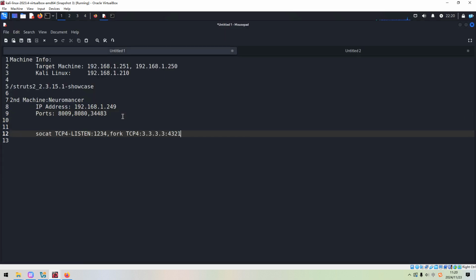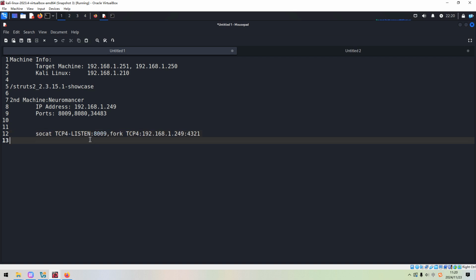And we need to do some modification. For example, this one would be 8009, and the destination would be 249. This is the IP address of the second machine. We can copy from here. We can use, of course, this port number; you can use any free port number on the first machine.